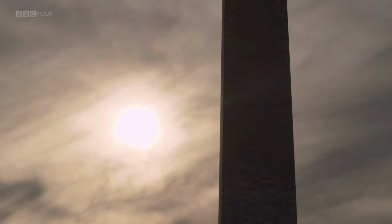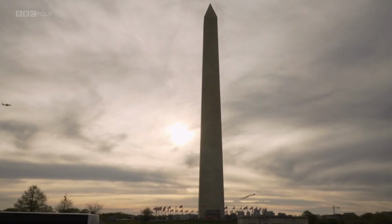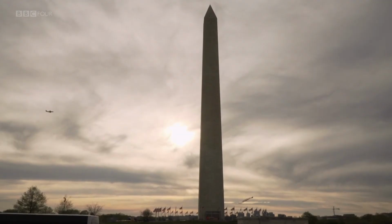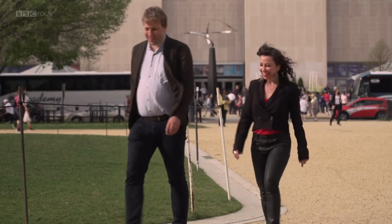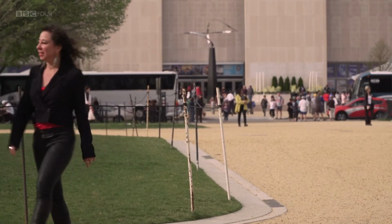But that can't explain how supermassive black holes, millions or billions of times the mass of the sun, are formed. As Chris discussed with astrophysicist Jana Levin. How would a black hole like this one have formed in the first place? So that's an unknown problem. It's an unsolved problem. So we don't think that they form from stellar collapse like most of the black holes we know about,